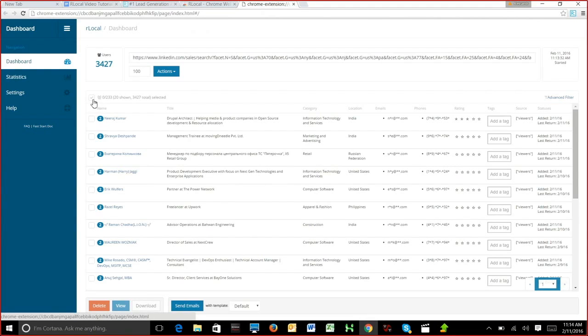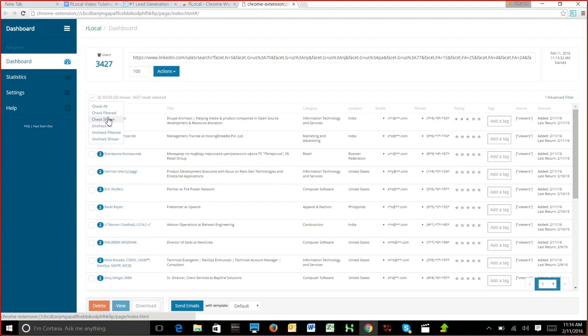So what you want to do next, here's the actual lead generation part. For me, leads are somebody that raises their hand or has an interest in buying your product. All of this here, for me, is not leads, they're just prospects that you can go after, highly targeted prospects. So inside of here, you can check and select either all of the leads, or just the leads that are based on the advanced filter, like first degree, second degree, were they viewed, were they not viewed, what day was it added, things like that. You can check all the prospects that are shown on the page, and we show you